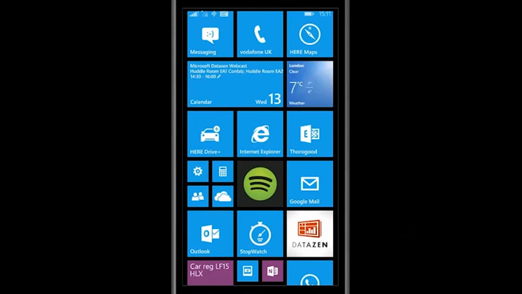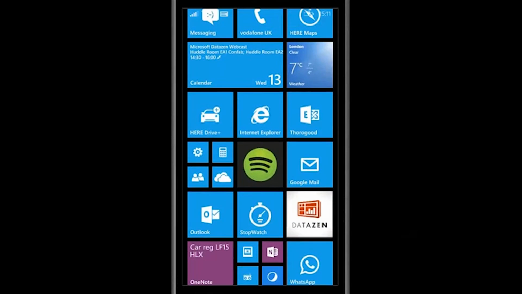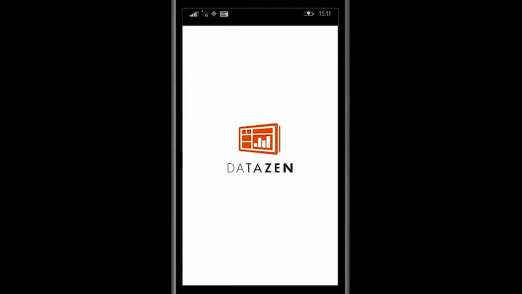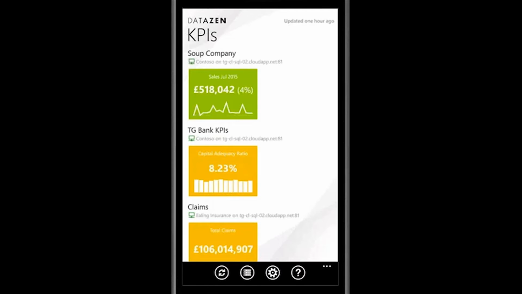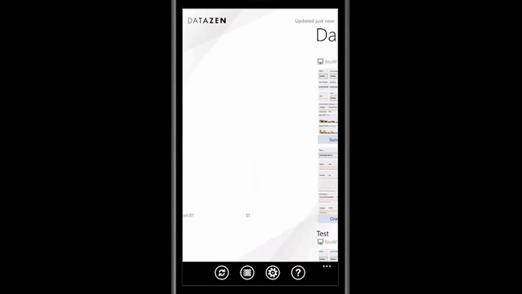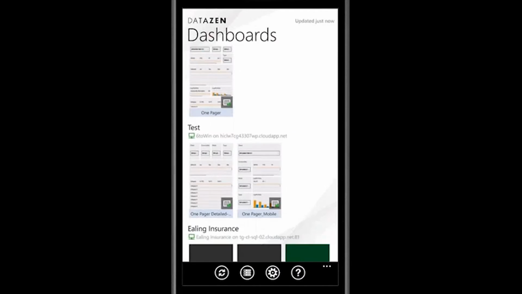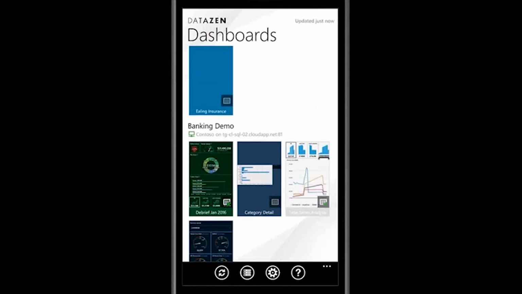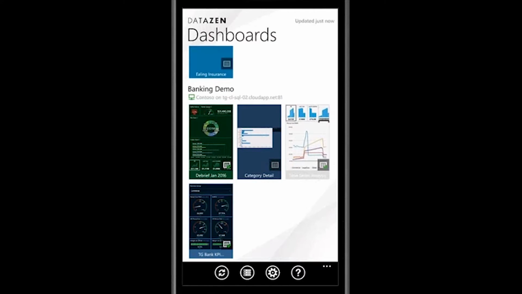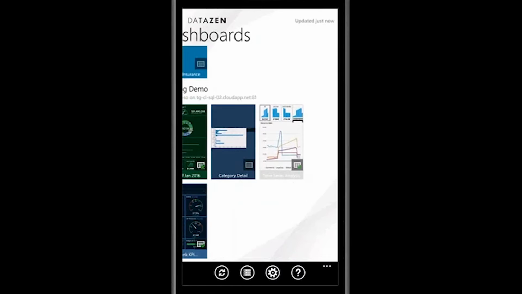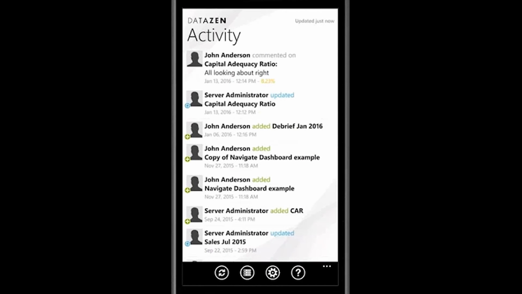Let's have a look at it through the Datazen app. So there's the Datazen app in the corner there. I'll just select that. It'll take me straight in. So it's got my credentials already in place. And if I just swipe across, we can see some dashboards. And there we go, the same dashboards we were looking at a minute ago. I've got two servers set up on this particular app, so I'm looking at a number of servers. And also I can look at activity. So this is essentially similar to the chat panel. It's essentially commentary around the dashboards,